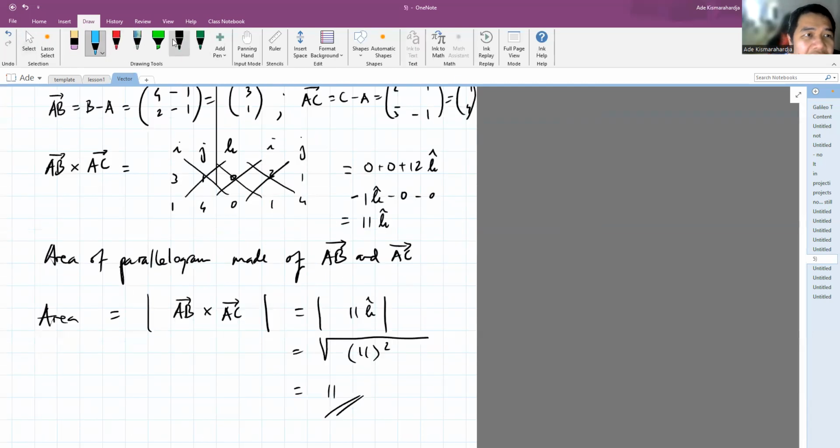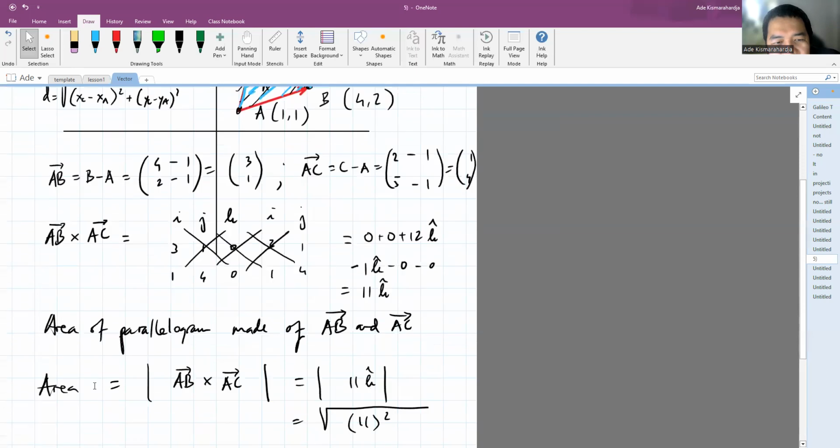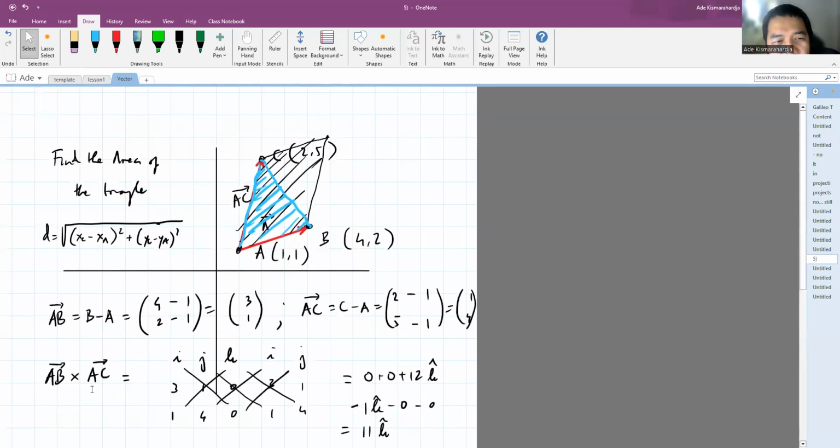So the area of the triangle ABC will just be half times 11, which is 5.5. Okay, so that's actually how we calculate the area of parallelogram, and then we calculate the area of triangle